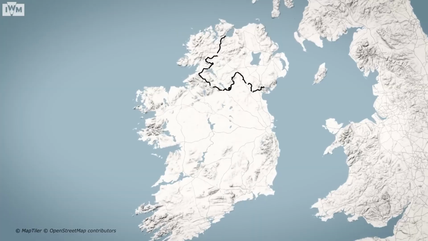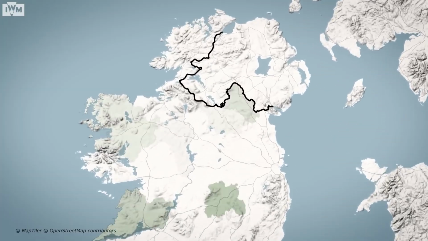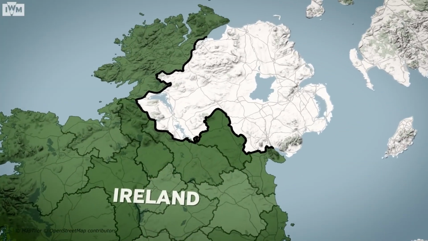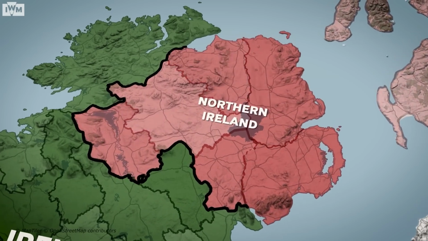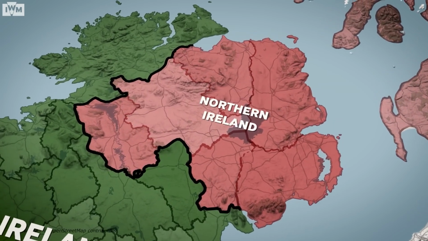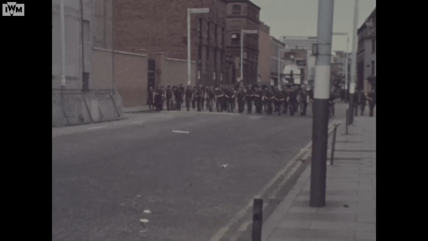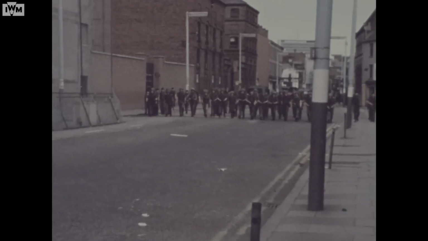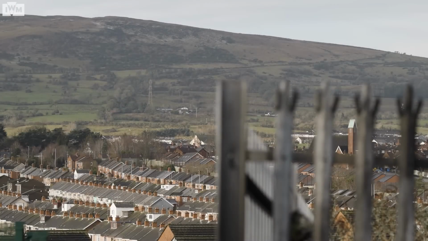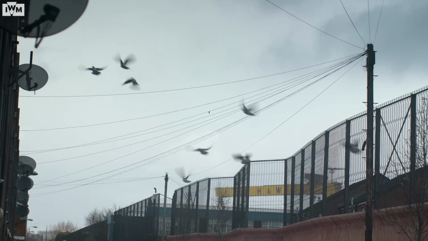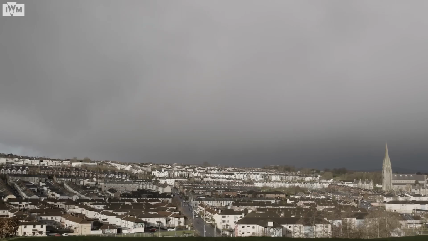Northern Ireland was formed in 1921. When Ireland seceded from the UK, 6 of Ireland's 32 counties remained as part of the United Kingdom. The governance of these counties has been contested ever since, sparking the bloody 30-year conflict known as the Troubles. In this 4-part series, we'll be taking a look at the history of the Troubles and why the scars of this conflict remain. But first of all, let's take a look back to see what marked out the 6 counties of Northern Ireland in the first place.